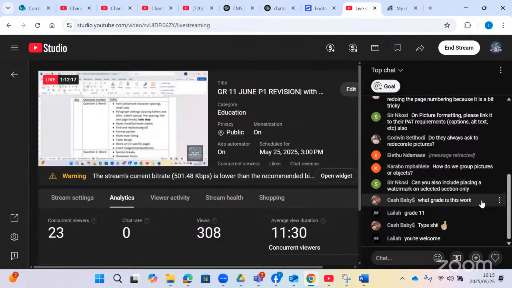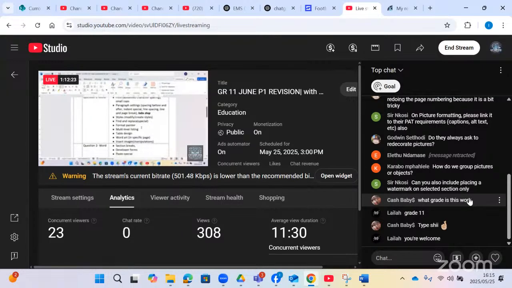And then the watermark on a specific page. That one I will also show you, but it is only for grade 12. But then I will show the grade 11s as well. It's mostly for grade 12. Grade 11, maybe for end of the year that they will ask that type of question. But for June, they normally ask a simple watermark. But then when we get there, I will show you text watermark as well. Now, so I'm going to talk about the picture,